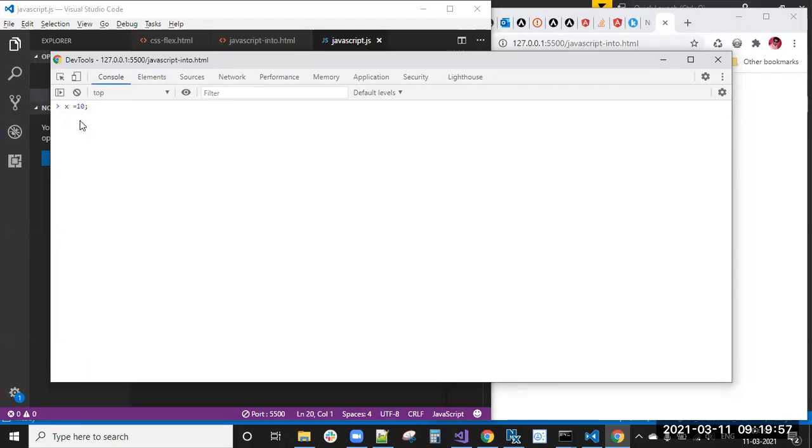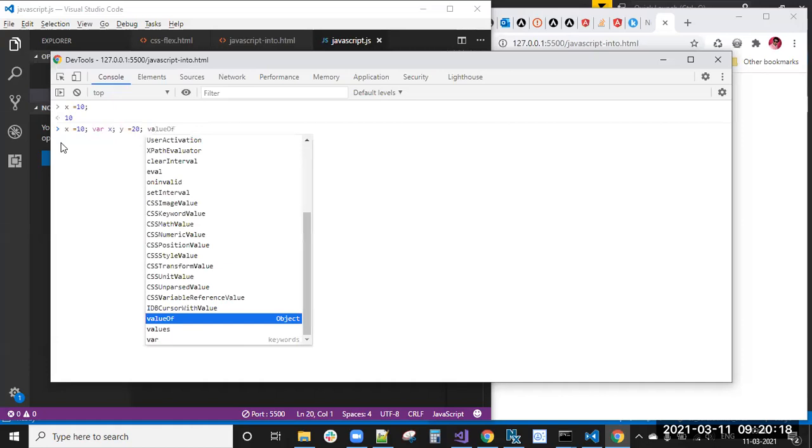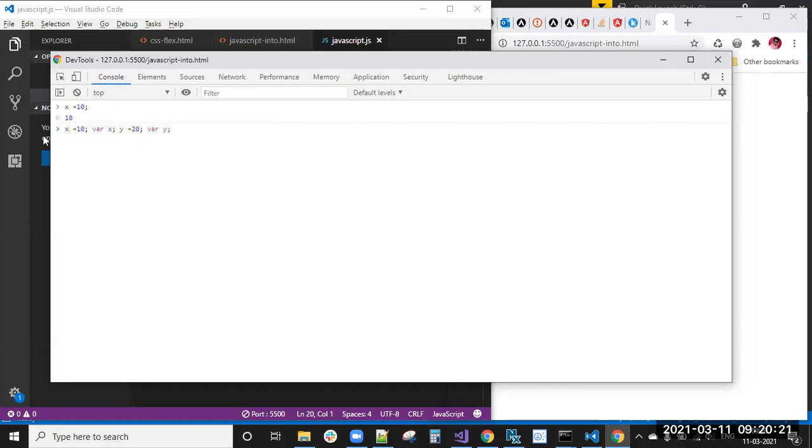Before initializing the x value I can use x. After this I can give var x. Similarly, y equal to 20 I can declare, and next var y. It need not be on the next line; you can give it anywhere further down. Like you have written some functions and below you can declare that value, var y. This is not a problem in JavaScript.